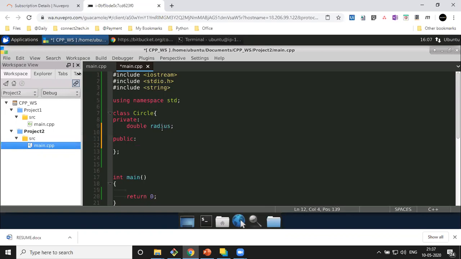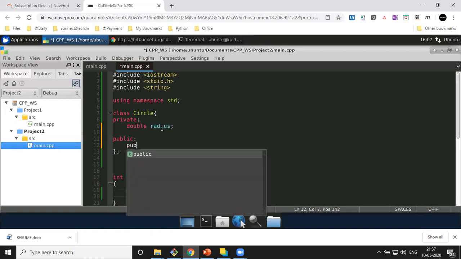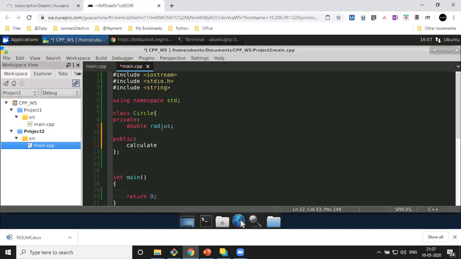So I'll create a function and I'll call it calculateArea. So I'll say public, calculateArea, open close bracket, right?